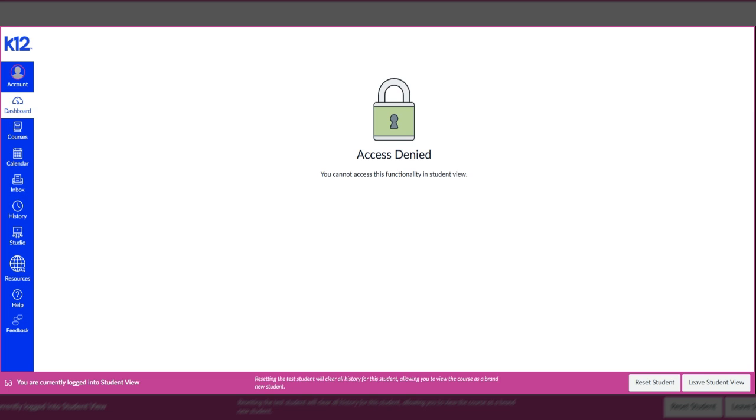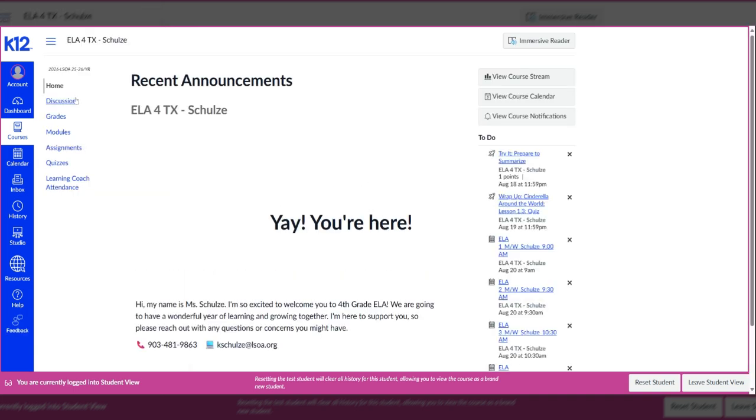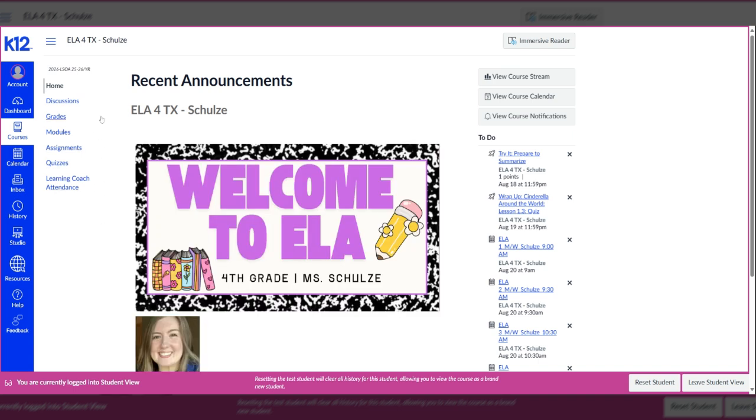students' daily coursework. So once I log into Canvas, my OLS, I'm going to walk over to this blue sidebar and open up Courses. Now your students should see ELA, Math, Science, and Social Studies, but for this example we're just going to be clicking into ELA. And then once I make it here to the home page, instead of clicking on quizzes or assignments, I'm going